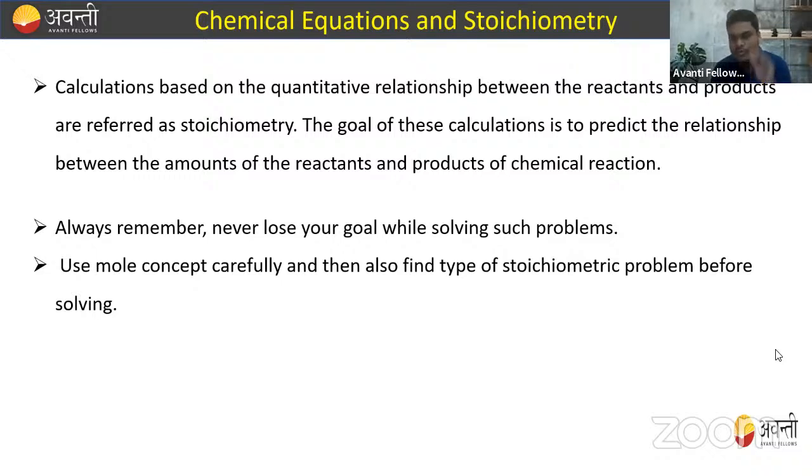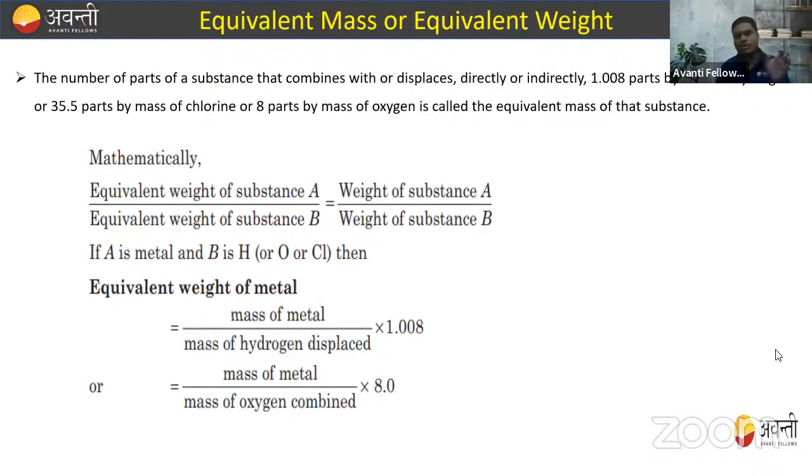हमेशा गोल को आइडेंटिफाई करो कि निकालना क्या है, कैसे कैलकुलेट करना है. So use mole concept very carefully and then also find the type of stoichiometry problem before solving, right? So we are going to solve some numericals, इसीलिए मैं थोड़ा सा आइडिया दे रहा हूं तुम लोगों को, so चीजें एकदम क्लियर हो जाएंगी तुम लोगों को. So before